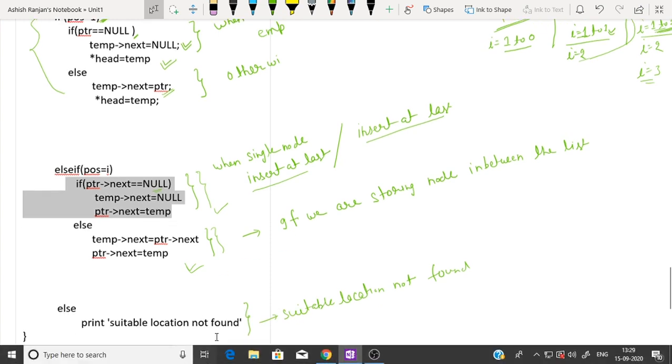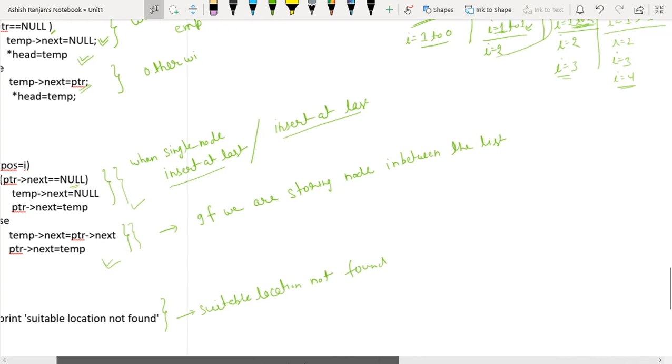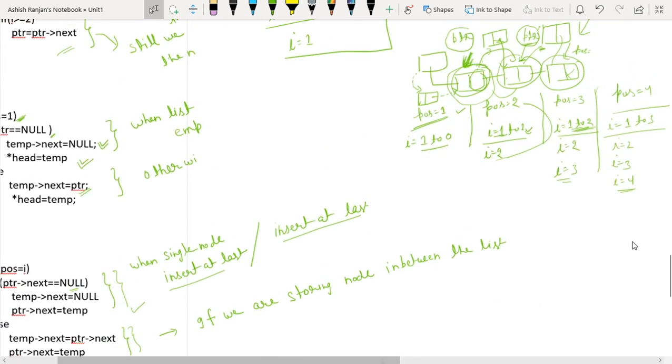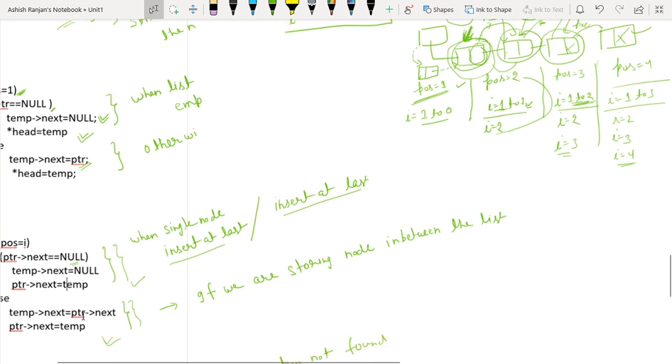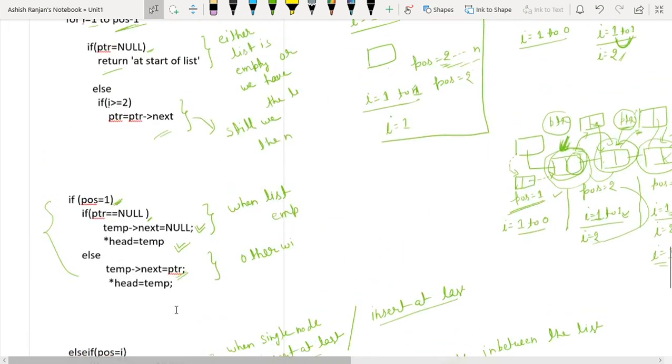So what will we do? We will start entering the node at the last. So temp's next will become null and ptr's next will become temp. In this way, this code snippet is correct.